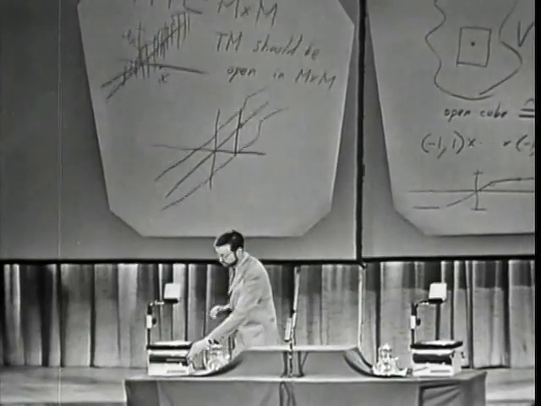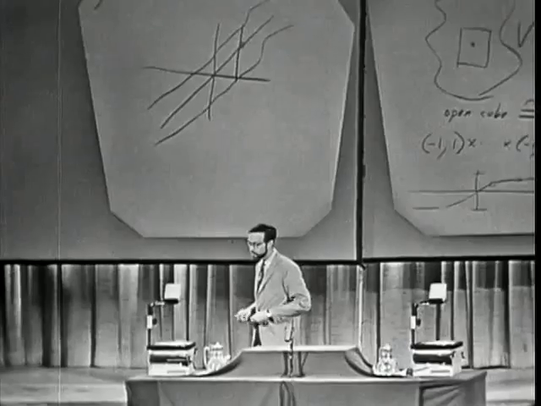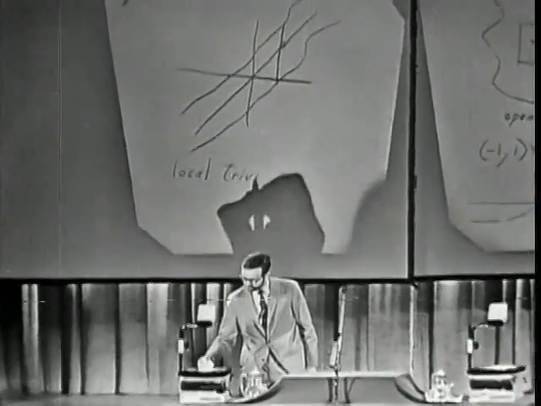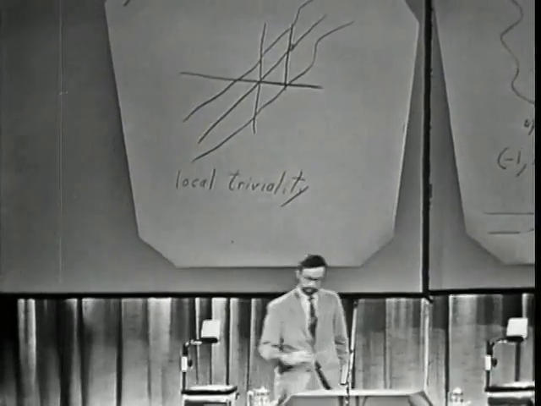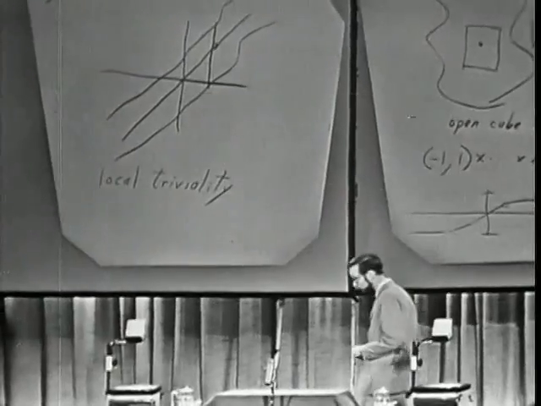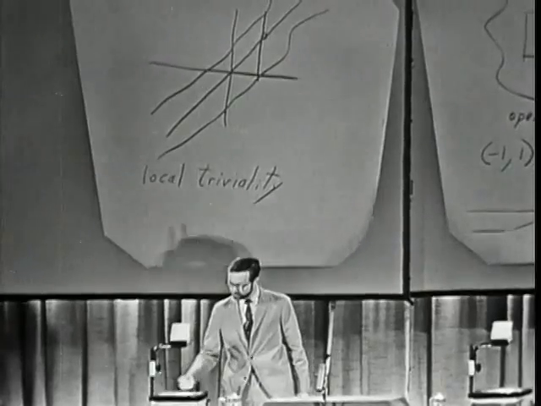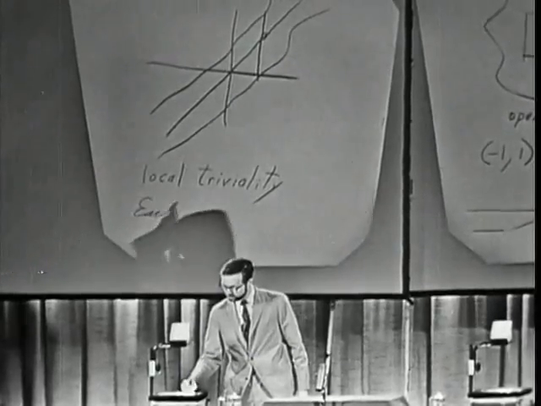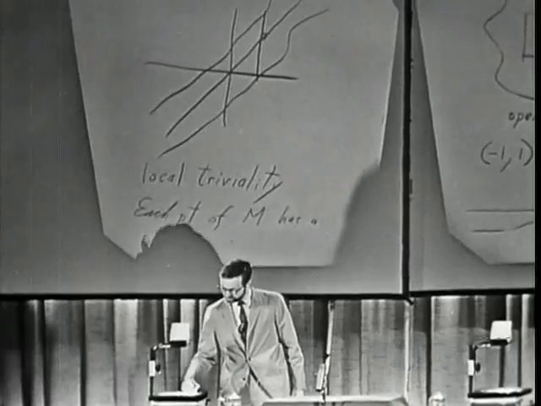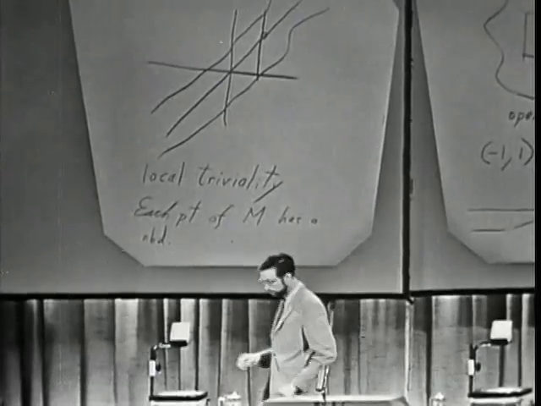And then there's a further condition one has to impose, or at least I assume it's a further condition. I'm not quite sure that it doesn't follow, but I doubt if it does. That's the condition of local triviality. This is a condition which I slurred over in the case of a vector bundle also. It would have been essential there, but I didn't take time to give the condition. The condition is the following. Each point of M has a neighborhood. Now I don't want to take the neighborhood U sub x, but some unrelated neighborhood, say V,